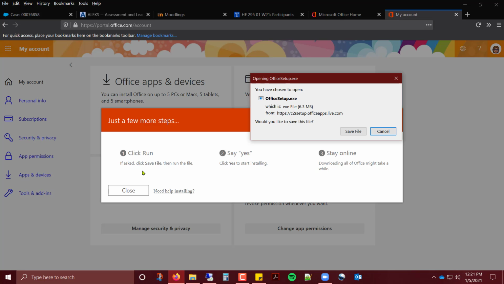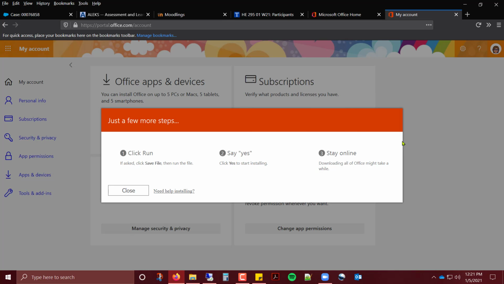And again, it's just running you through the steps. Click Run if that pops up, or if you have the Save File button pop up, click Save File. When you click Save File, your file will go to your Downloads folder, which you can find a couple of different ways. You can either